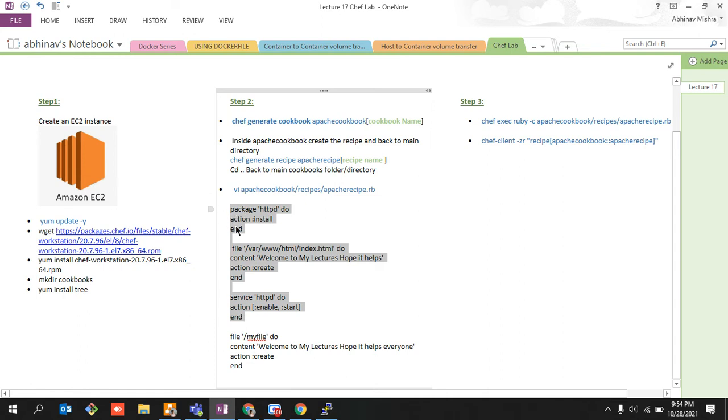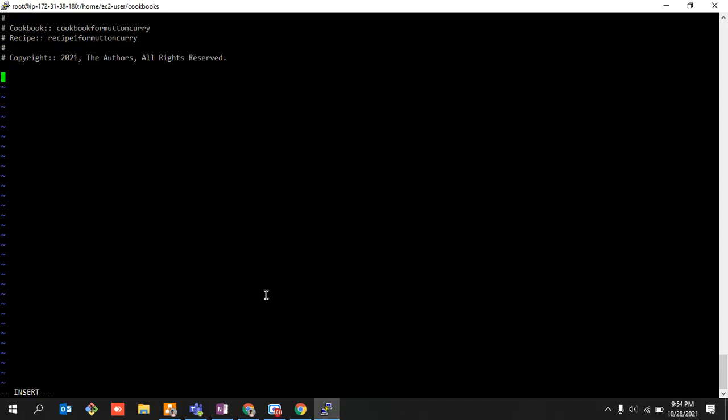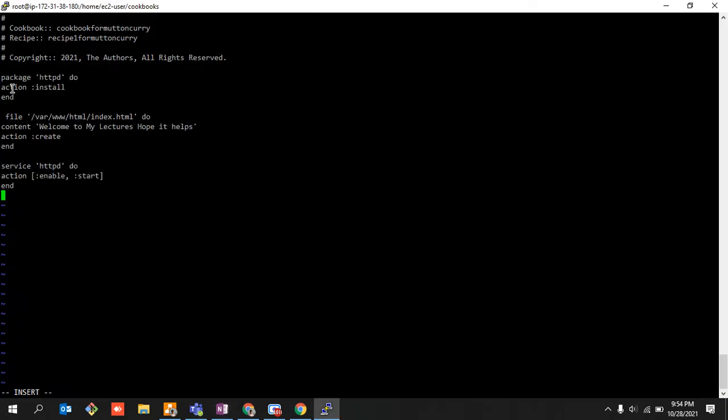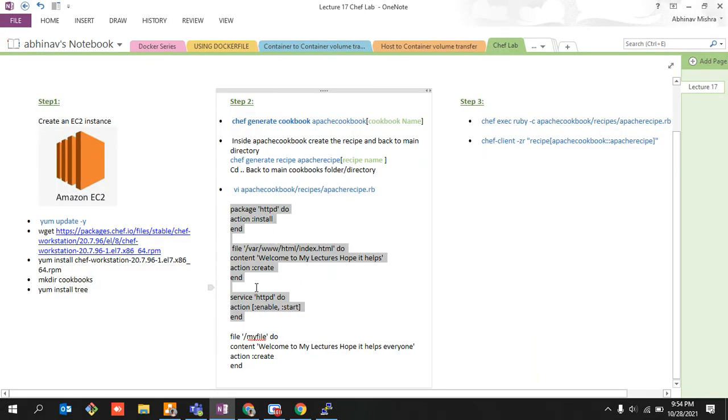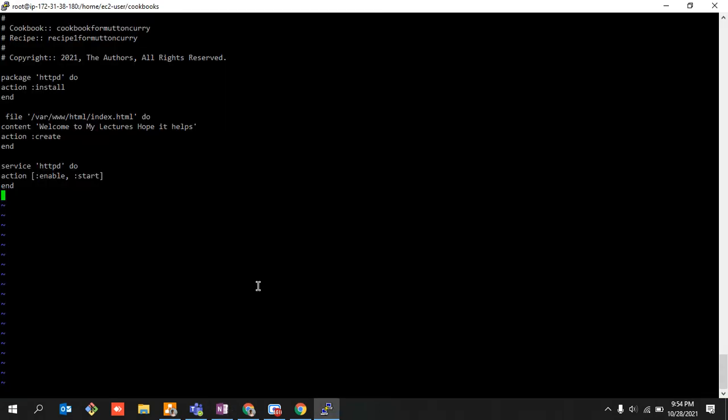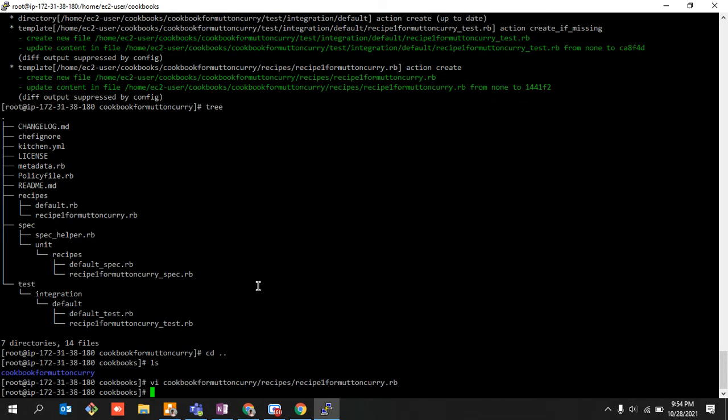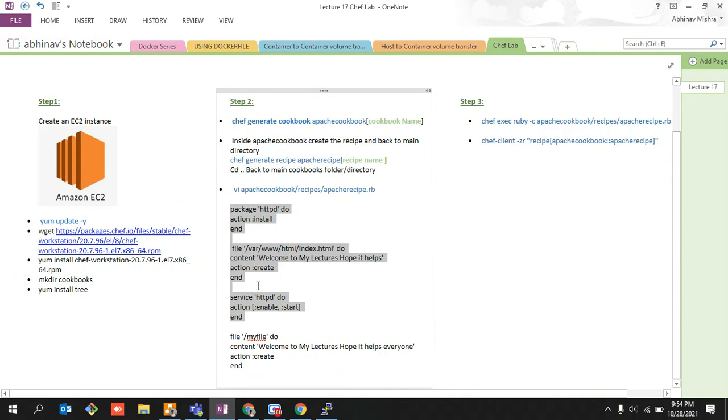This is the code written in Ruby. In EC2, we just write yum install apache2 -y, that kind of stuff. So this is a different language. I hope I have copied. I've just written some pieces of code over here, and this code is going to do something onto my workstation. I've written it. Press escape, colon wq. Hit enter. You are good to go, right?